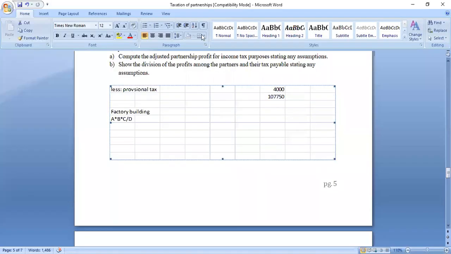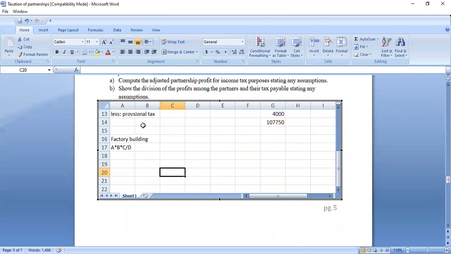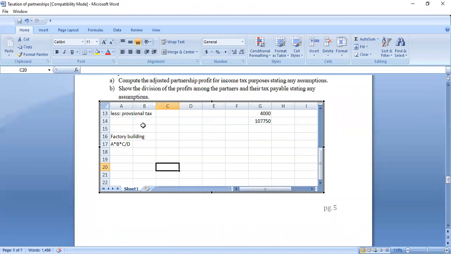Okay, so I was saying that for the factory, you look at there are 2 things that stand out on the factory. One is if the factory has been around, and the other is if you have an extension to the factory. Okay, so I'll explain them this way. That for the factory, assuming there's no extension, you have been having this factory since. Okay, this is what would happen. You would have a formula like this: A times B times C over D. Okay, and we're saying A,